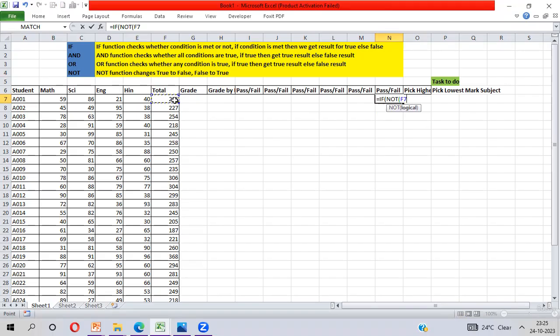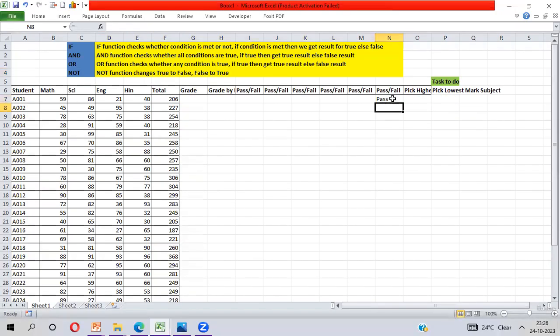Not less than 200 means more than 200. So here I'm taking less than 200, and you will pass whenever your total marks are more than 200. Bracket close. Then I take pass here, otherwise fail. Enter.